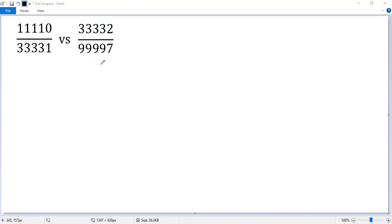Both numbers are close to 1/3, but which one is larger? Let's denote the first number as A, the second as B. Let's consider the reciprocal of A. So 1 over A equals